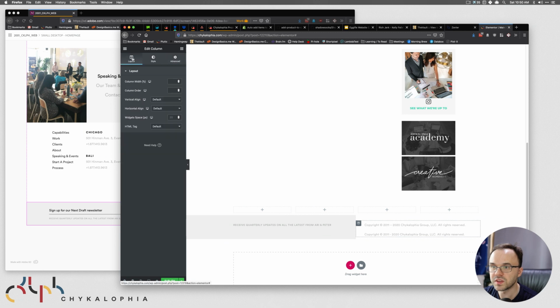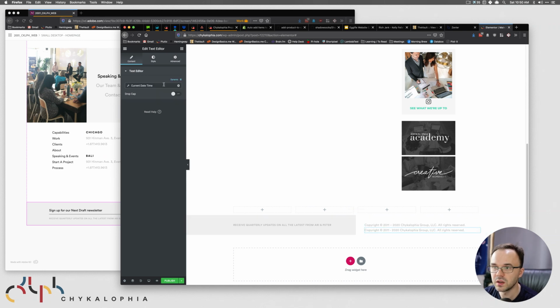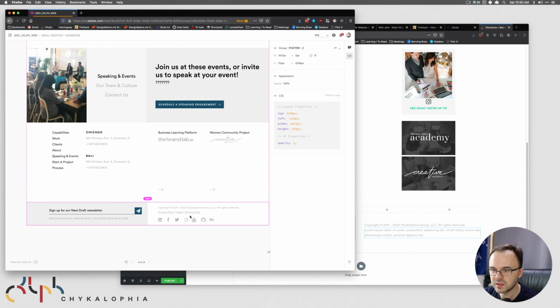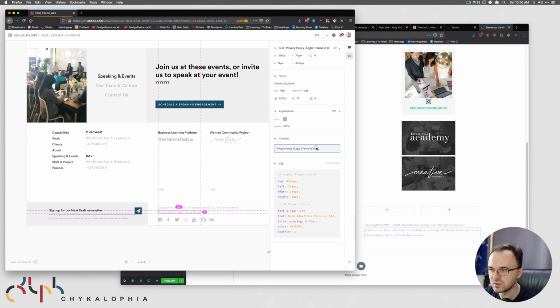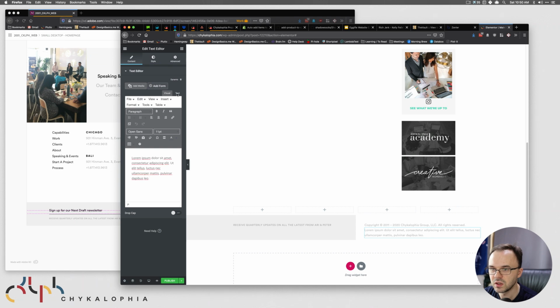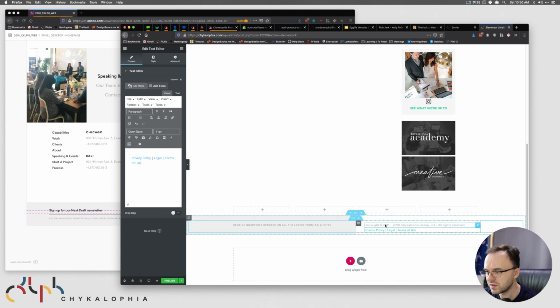Oh, one thing for this column we want to do also, though, is remove the widget spacing. So spacing between the items, so we don't care. Now we're going to have regular content, and I'm just going to not make a menu out of this thing. I'm just going to leave this as regular text and just link these things. For now, I just want them links. I don't remember what our links are, so I'm just going to make these as dummy links for now because I don't remember. Now you're thinking, oh, wait a minute, why are these things green? Well,